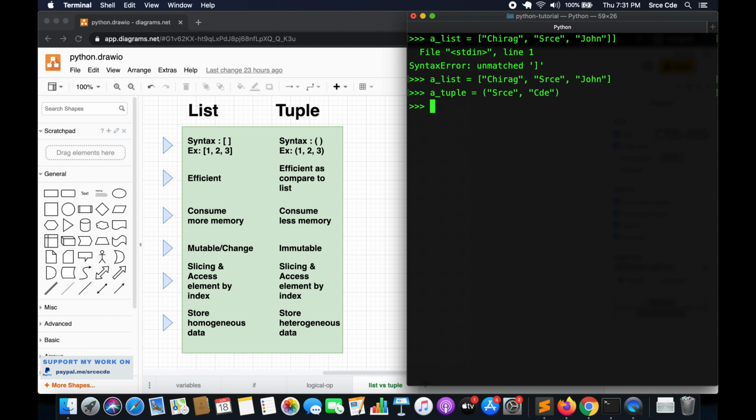The very last difference I would like to cover is that a tuple is of fixed length. As we just saw, we cannot append or modify elements within the tuple. Once the tuple is defined, it's going to stay as it is, and its length is going to stay as it is. Whereas within a list, we can modify the list, add an element, insert an element at a certain index, and delete an element. So list is not of fixed length, it's of dynamic length. These are the basic differences that I wanted to cover between list and tuple as part of the Python tutorial series. That's all for now.